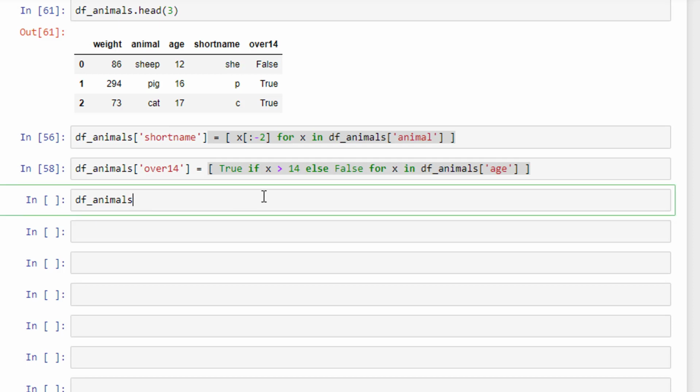And the way we do this then, I'm going to call this new column zfill, so we don't lose track of what it is. And here I just need to say data frame animals, and then take the short name column. And then the crucial thing is to say I want to apply to that particular column,